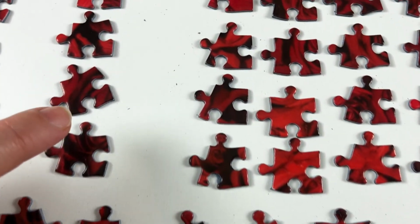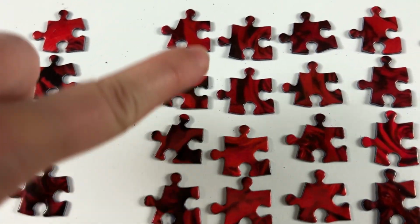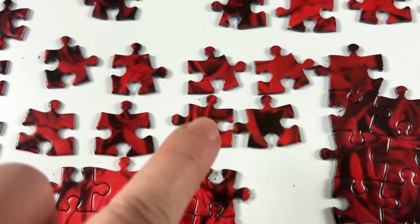So really what I'm doing now is going through a process of micro sorting. All these pieces, look, I've put in rows of 4, and I've pulled out anywhere there's only 2 of the same shape,